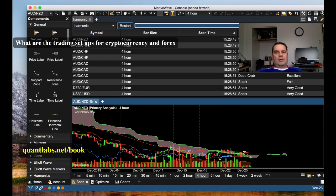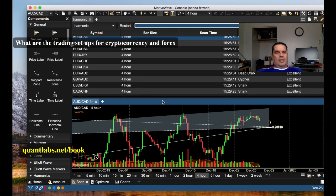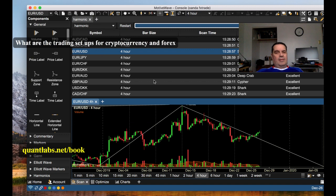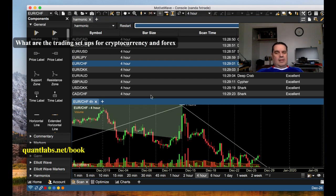Okay, so here we go. Here's our scan results. We've done 44 pairs. Okay, so let's look at what we have here. Again, I don't really care about the expensive Scandinavian, the Australian, Canadian. It looks like it's overreached. Looks pretty good though, but it's above target. Euro USD, not much there. That's shorting. Euro Japanese yen, that's shorting. Europe against the